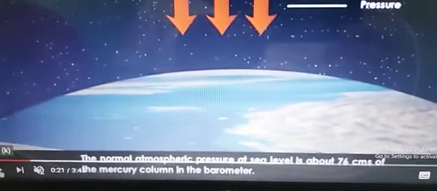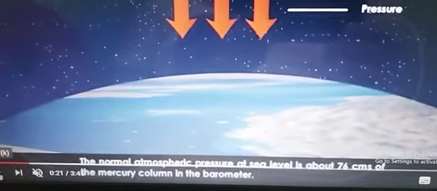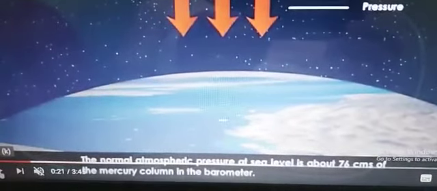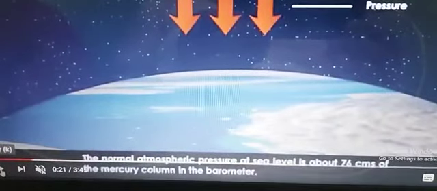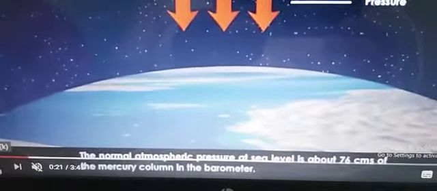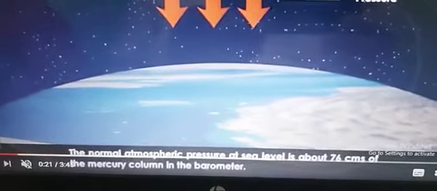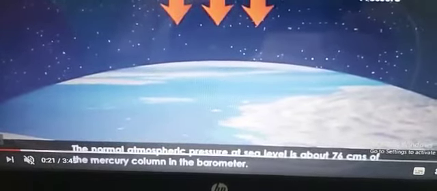Now atmospheric pressure is an important factor in producing changes in weather. Weather changes take place due to atmospheric pressure, and it is air density which is responsible for variation in pressure. These variations cause horizontal movement of the air. You all know that horizontal movement of the air is known as wind, and wind transports heat and moisture from one region to another, which helps in the occurrence of precipitation. You know very well what precipitation is because I have already told you in the chapter on humidity.